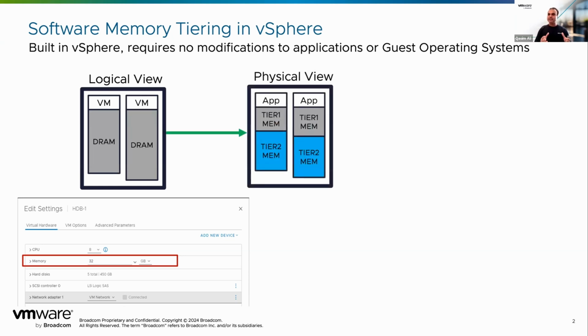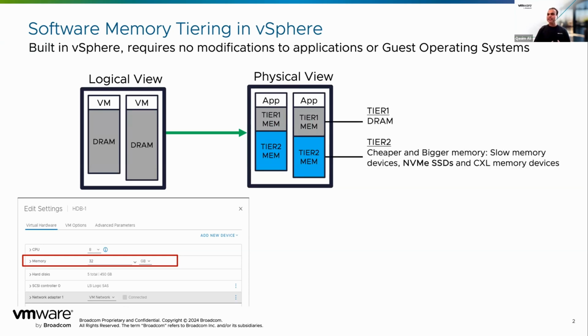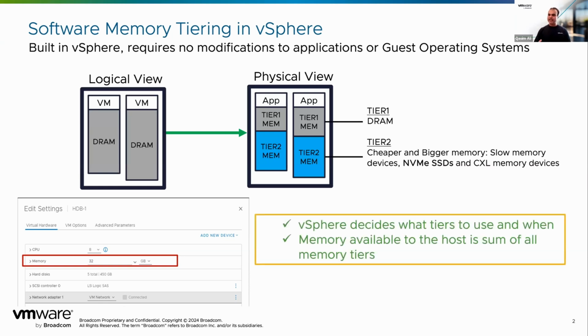Behind the scenes, ESX divides that memory into two tiers, tier 1 and tier 2. Tier 1 memory is DRAM, which is faster memory, and Tier 2 is cheaper and bigger memory, typically slower devices like NVMe SSDs and CXL memory devices. Today, I'm going to focus on advanced memory tiering using NVMe SSDs that was announced as part of VCF 9 at VMware Explore in Las Vegas. How this works is vSphere decides what tier to use and when to use them. The overall memory available to your end user will be the summation of all tiers,